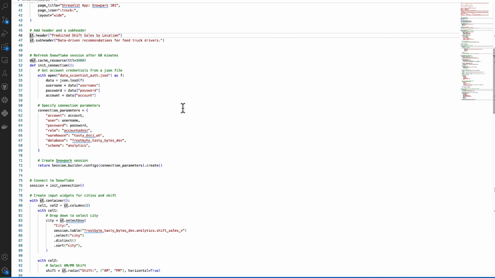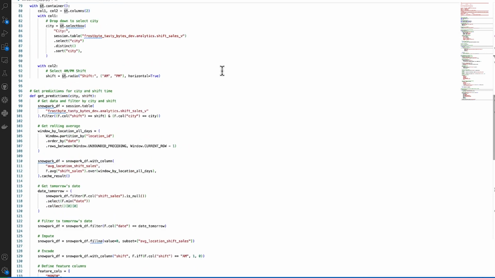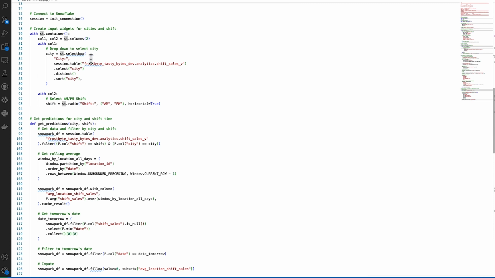And if I point out some key aspects here, we are connecting to Snowflake the same way that was done in the notebook. And we're caching this so we're not continuously connecting to Snowflake. It will only do this every hour. And then here's where I define those filter dropdowns. So I use a select box object for city, and then I use the selection radio object to define shift AM or PM. Whatever's selected there is going to be saved by that variable, so I can use it to